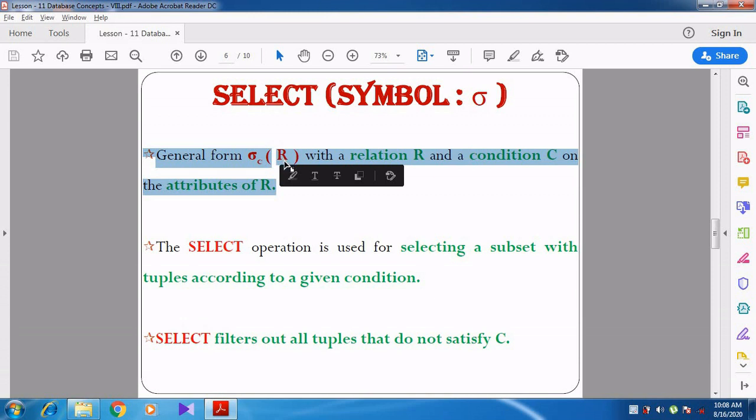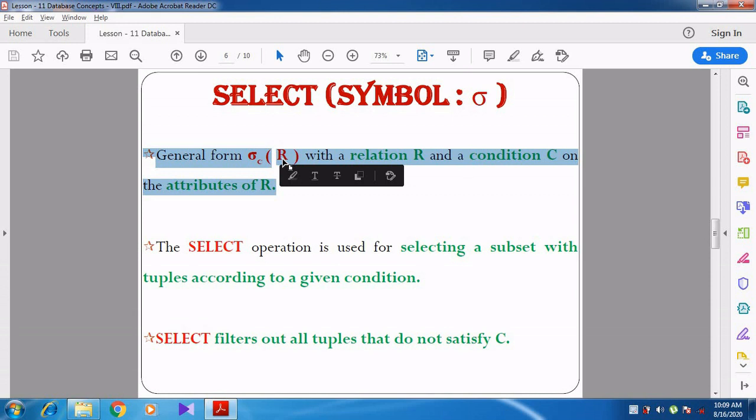In which table we want to fetch the data, in which table we want to select the data. See here, sigma C of R: sigma represents the select operation, the data we are going to select should be given in the condition, that is sigma C. Then the table from which we want to select that data should be specified within the parenthesis.